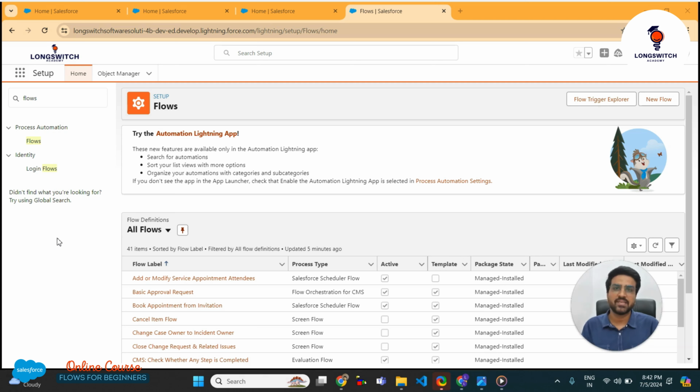Now let's start creating one new flow just to go through the Salesforce Flow Builder and see what it has to offer, what its capabilities are, and what components or tools we get as part of it. Let's explore. I'm really excited about it, and I hope the same for you,